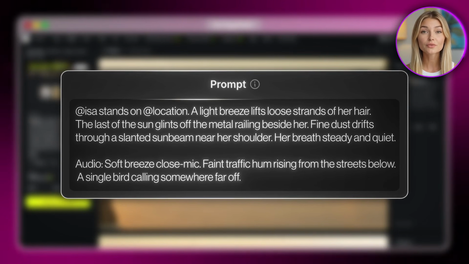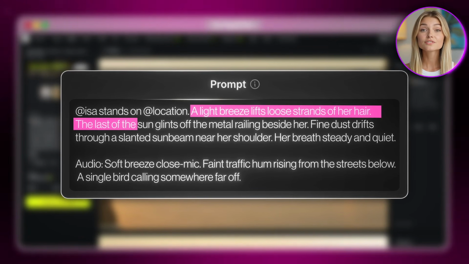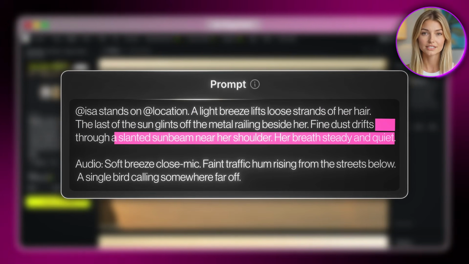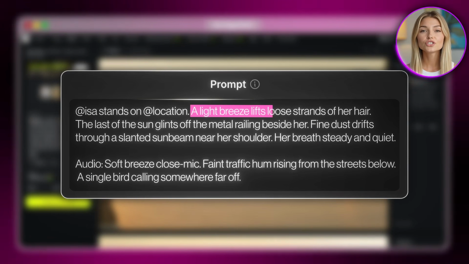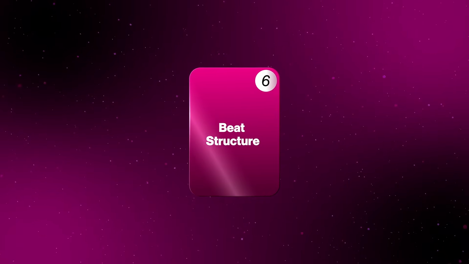This prompt has no dramatic action, no emotional arc, and no camera movement. Just a series of small, precise physical observations layered on top of each other. And the result is quiet and still, but it doesn't feel empty. The way the breeze moves through her hair, it feels like a real moment rather than something that's generated. 1 or 2 of these details in any prompt will immediately change the texture of what comes back. That technique works beautifully for short clips, but the next one is specifically for when you need longer videos without